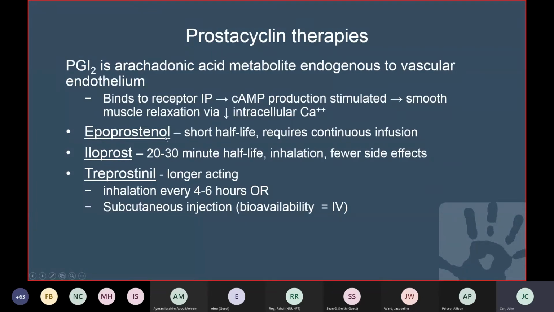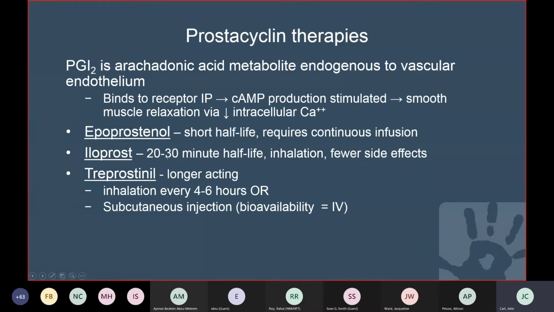Epoprostenol had been used. I think we weaned our last patient who had been requiring this long-term about 3 to 4 years ago. It has an extraordinarily short half-life, requires continuous infusion by a central catheter, and the solution needs to be continuously refrigerated, which is very problematic